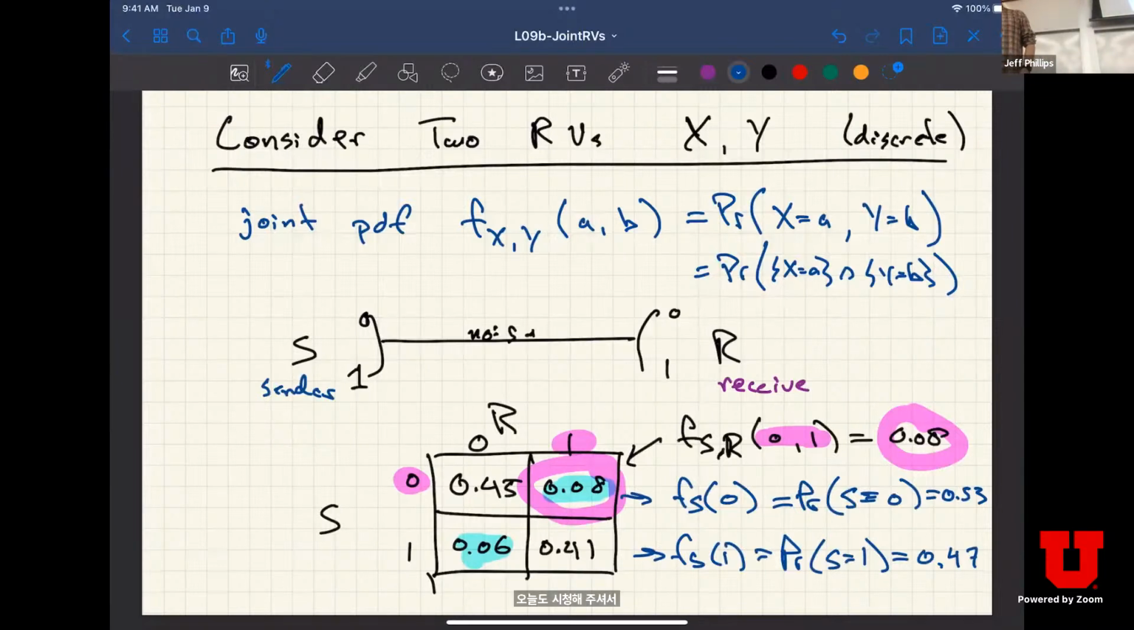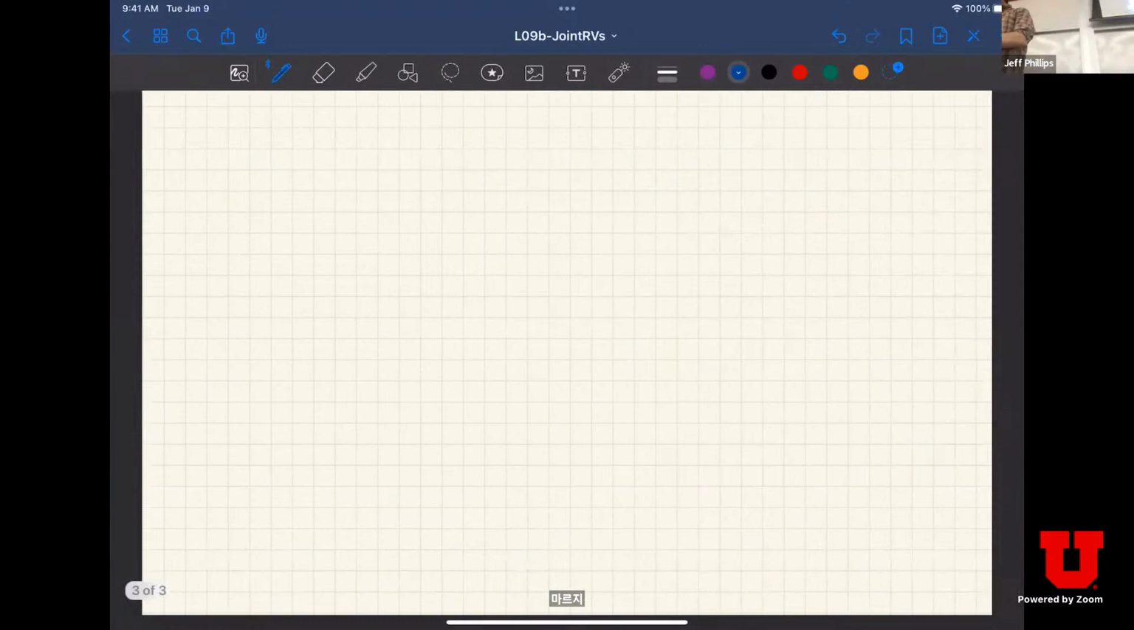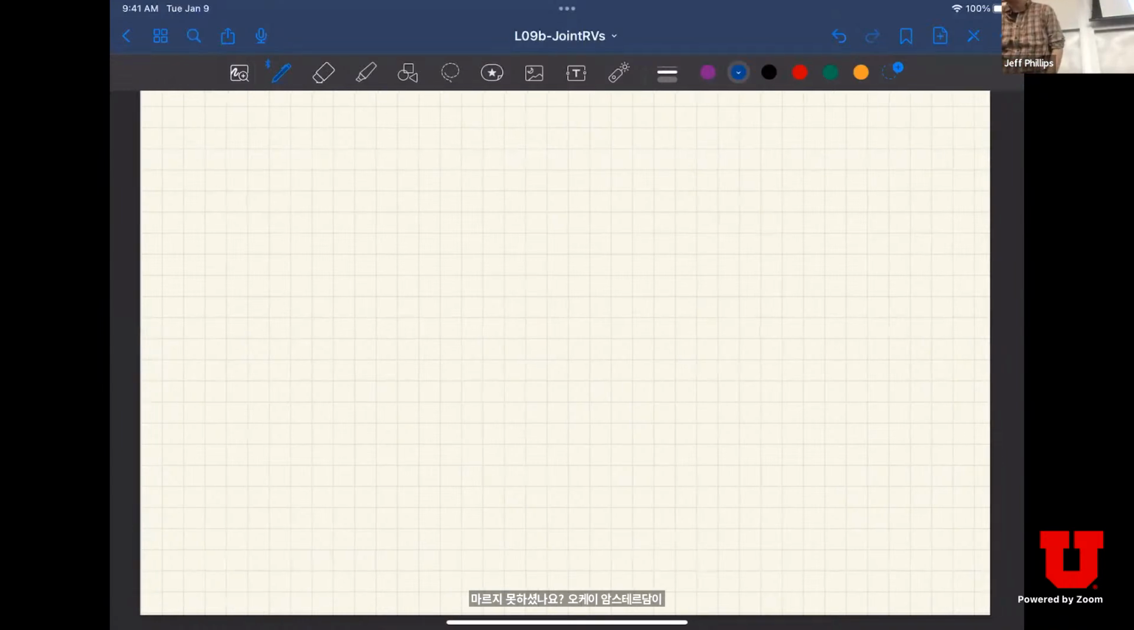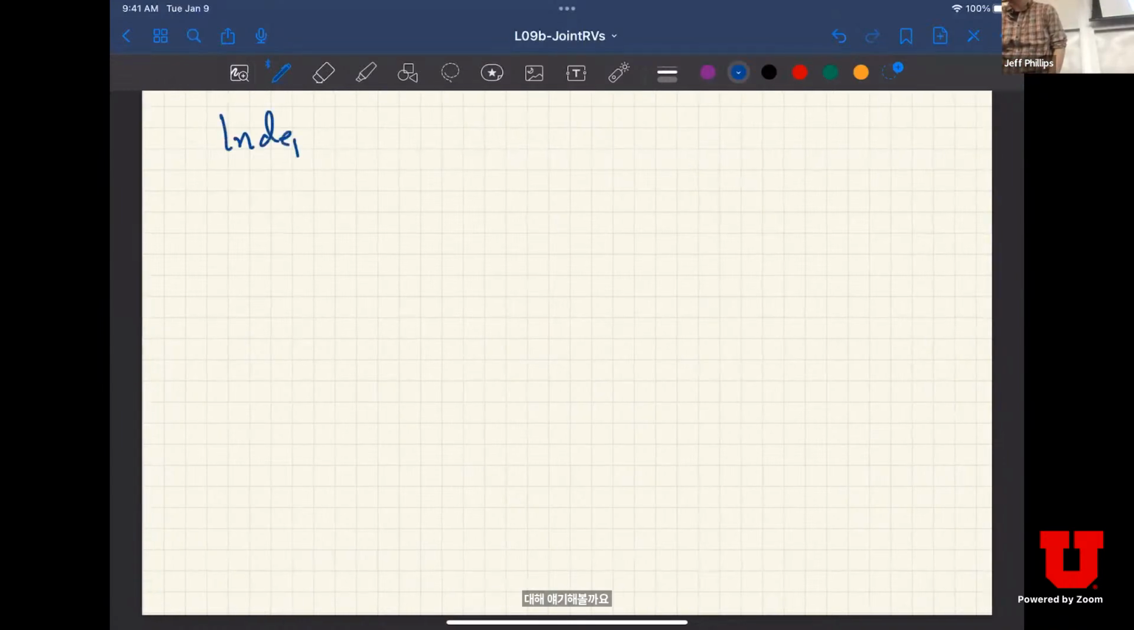So this is the marginal distribution. You marginalize out the variable R. I've gotten rid of the variable R to get the marginal distribution over S. Something new that we haven't quite seen yet, though it shouldn't be too much new, is the notion of independence